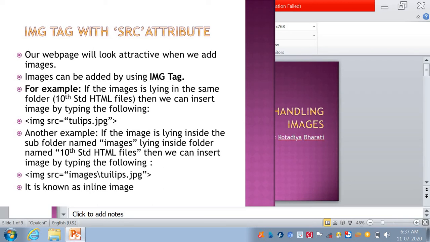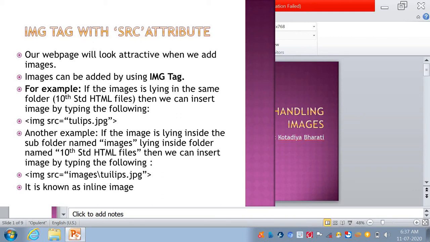For example, if the image is lying in the same folder, just for example, in the 10th standard HTML files, then we can insert the image by typing the following. Here I write the image tag with src equal to double quotation tulips dot jpg.